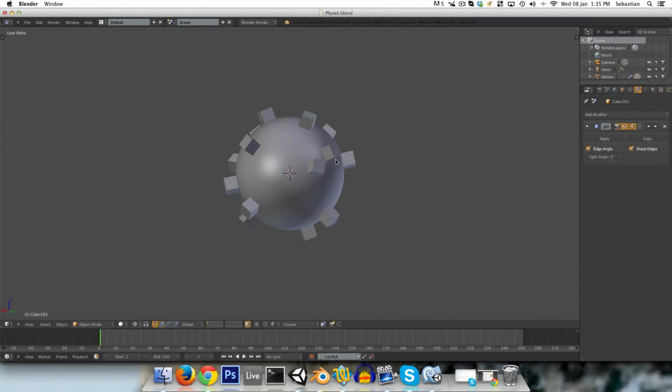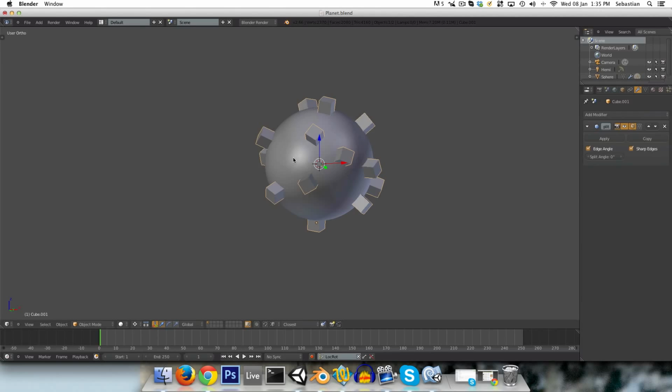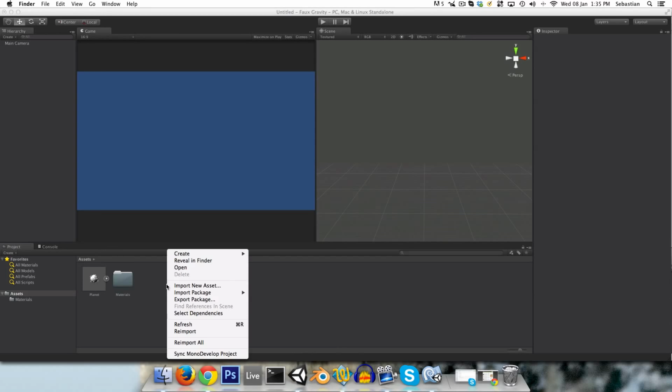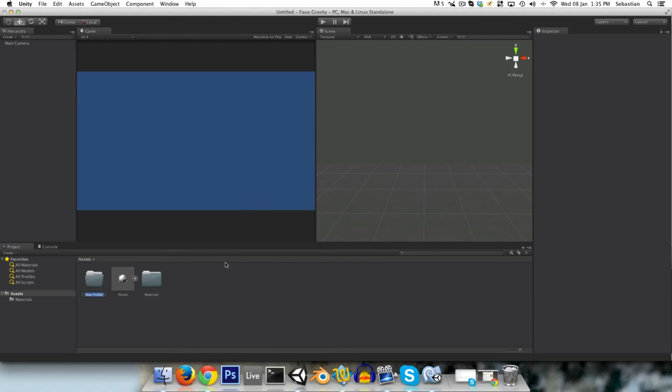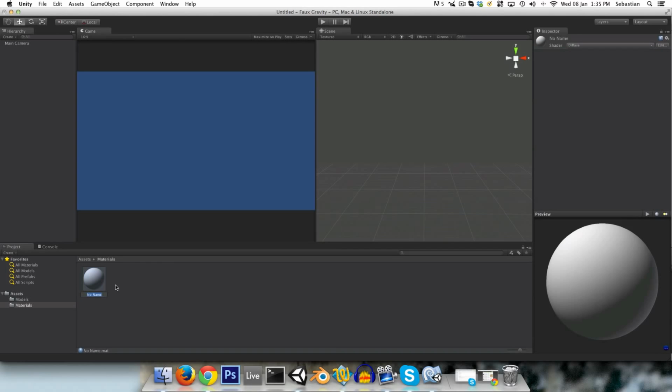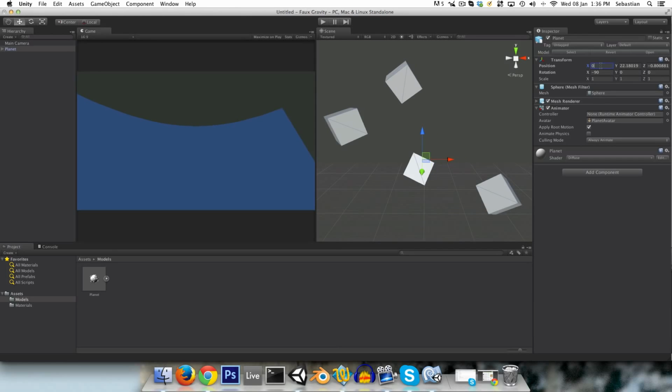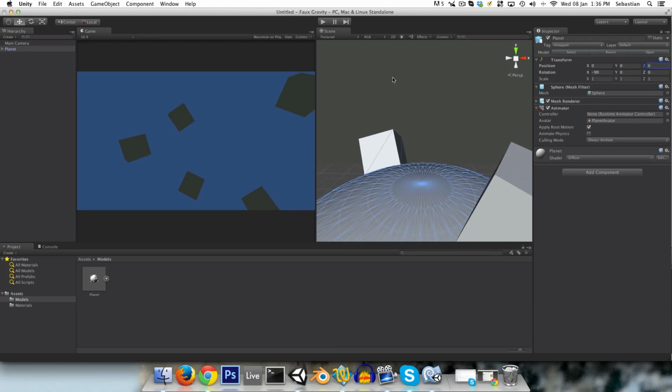So in Blender I've created a very simple planet model, if you can even call it that. It's just a sphere with a bunch of cubes sort of scattered around it just to act as points of reference. And I'm going to drag this into my Unity project. And I'm just going to organize things a little bit by creating a models folder into which I'll put the planet. And we'll keep this automatically generated materials folder, and I'll call this material here planet. I'll duplicate it and call this rocks. We can just pretend that those little cubes on the planet are rocks, and I'll center the planet in my